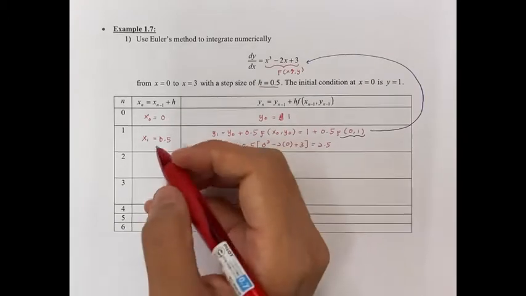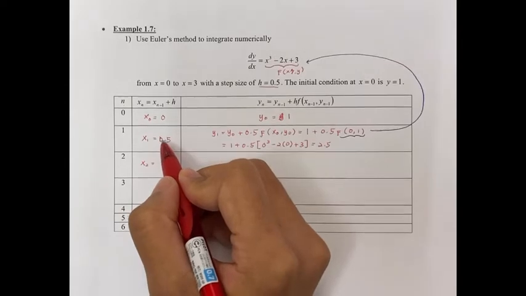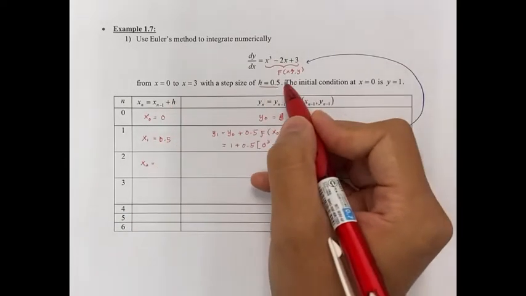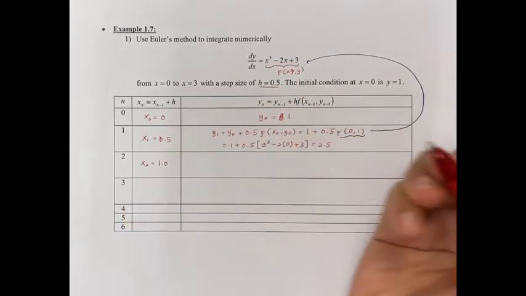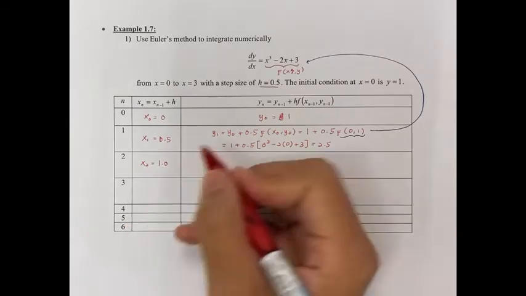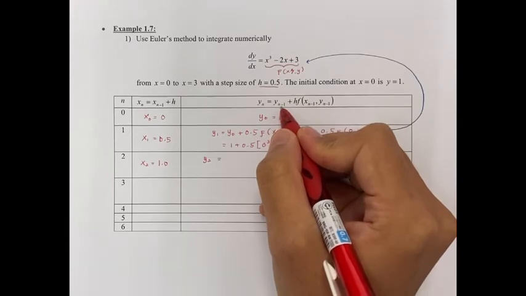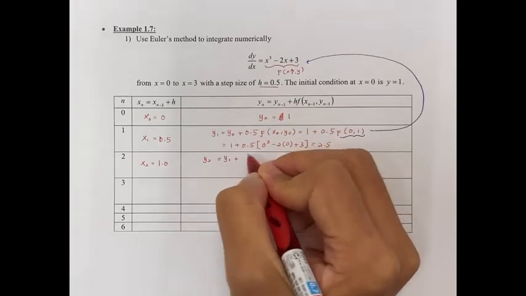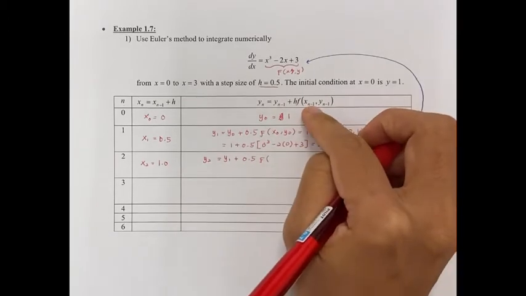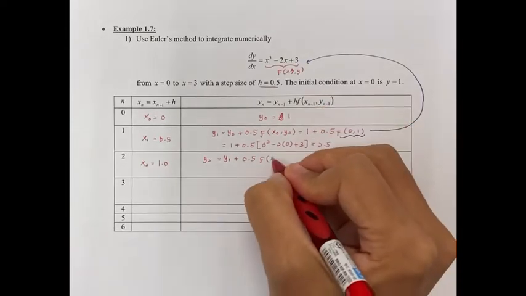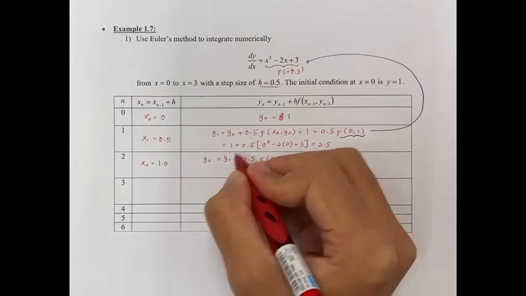So move to x2. So now you have your x2. x2 is equal to your x1, the previous x, plus h. So you have 0.5 plus h 0.5, so you have 1.0. So for x equal to 1.0, you have your y2 equal to the previous y, which is y1, plus h, 0.5, f of the previous x and previous y, x1, y1. And y1 is equal to 2.5